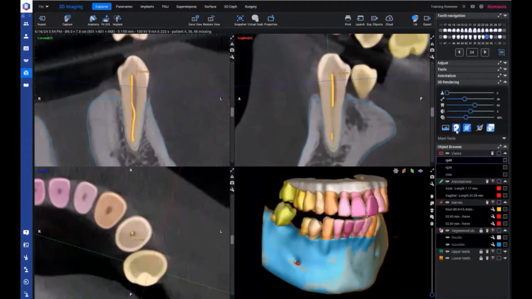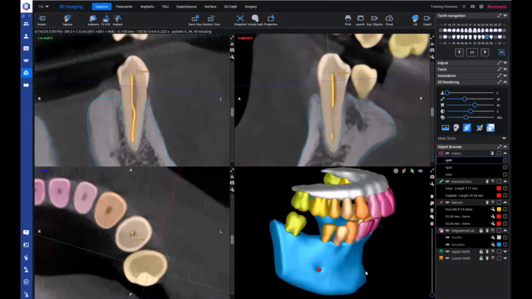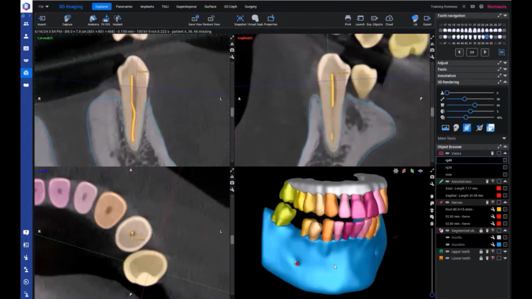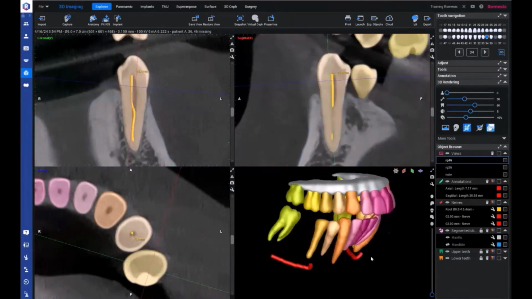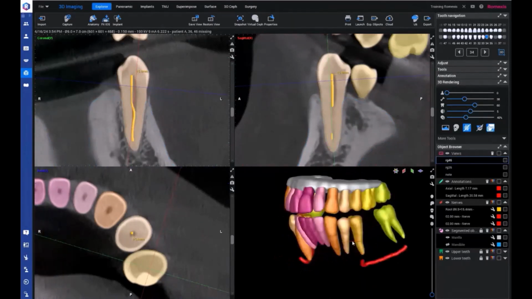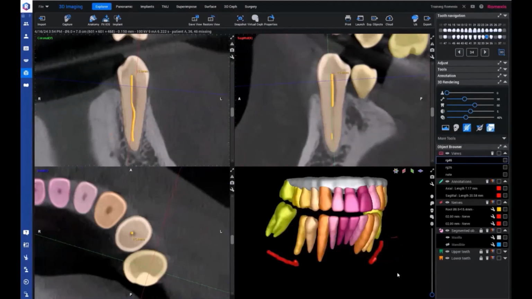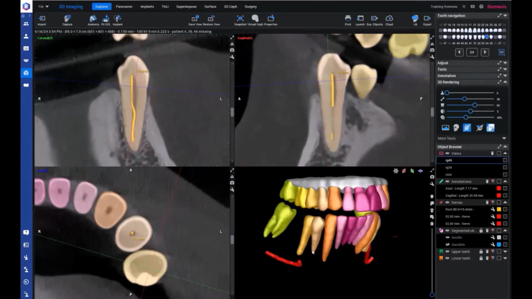So for example, I have a tool here under 3D rendering. It's the second one, which is called show and hide renderer. So with that one, I can show and hide the actual CBCT from this view. And now I can manage and decide which are the objects that I want to see here. So these are now the AI segmented teeth, nerve that has been traced, and all of these are now STL files. So basically, all of these can be exported if you need to bring them to any other system,